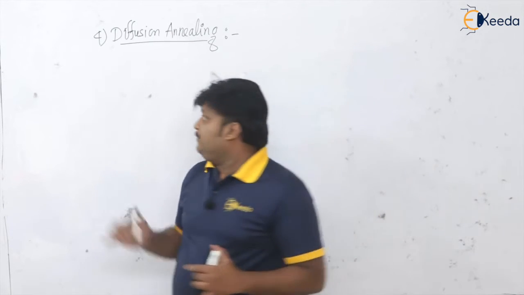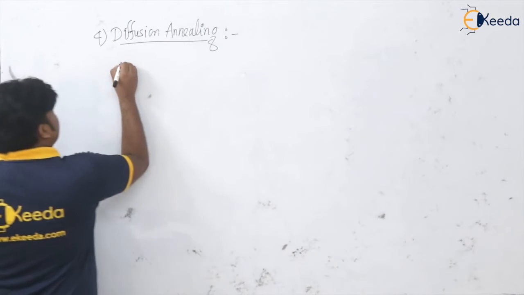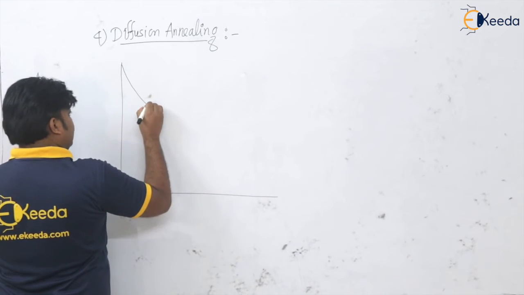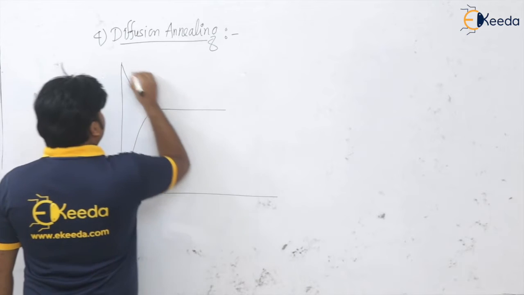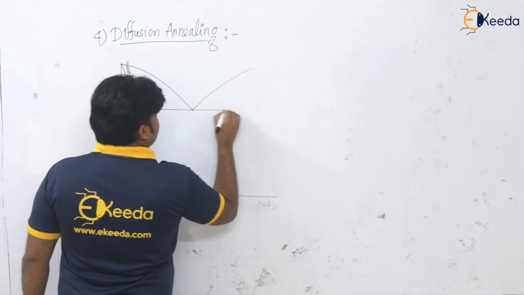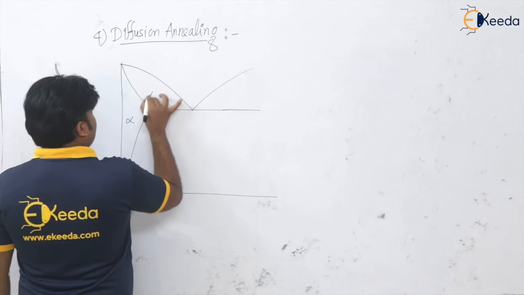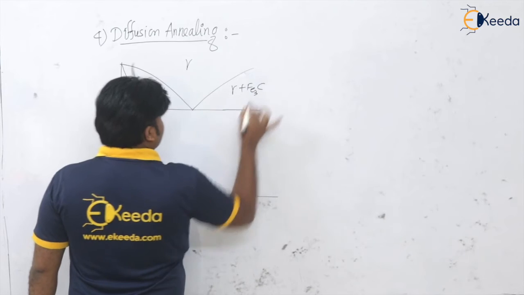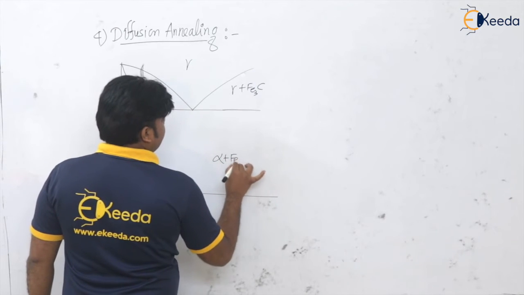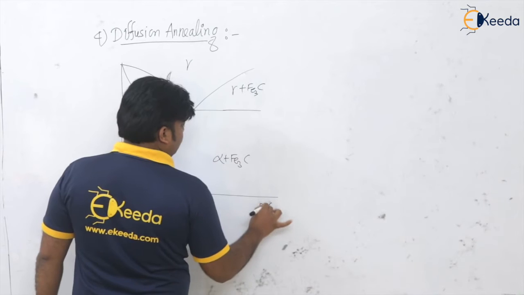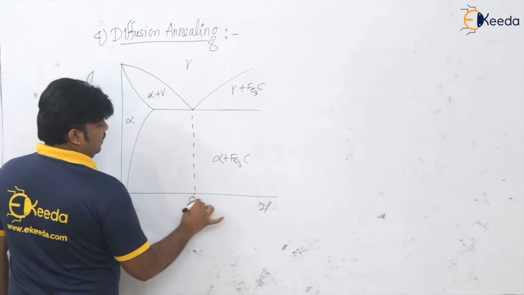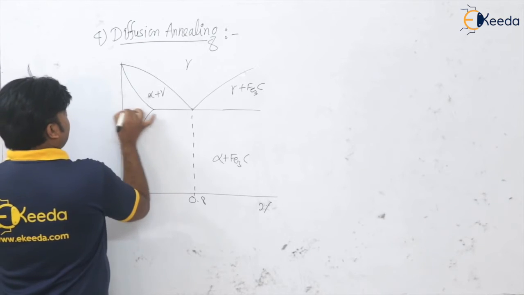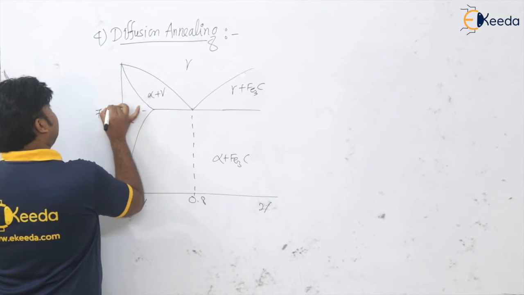So if you look at this heat treatment on this eutectoid transformation region, we know this is alpha, this is alpha plus gamma, this is gamma plus Fe3C, this is alpha plus Fe3C, up to 2% we are always talking. Please remember, this is 100% pearlite point, that is 0.8% of carbon, this is 0.025% of carbon. This is the lower critical temperature, 723 degrees centigrade.